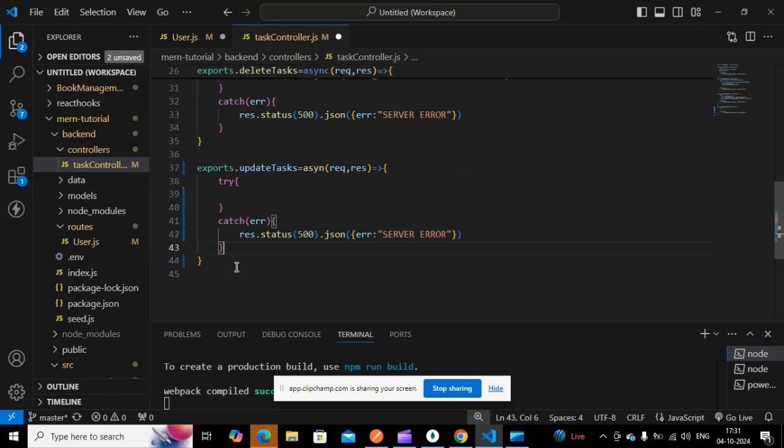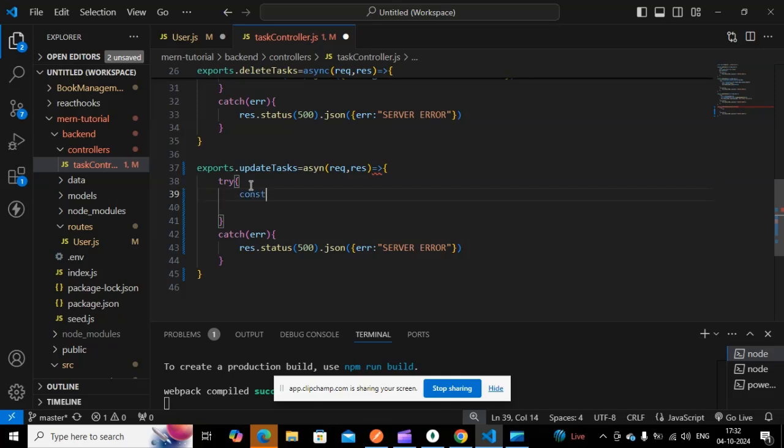In the request body we have to get the name, email, and phone number. So for that we have const name, email, phone number. We have to get it from the client, this request we get, so request.body here.